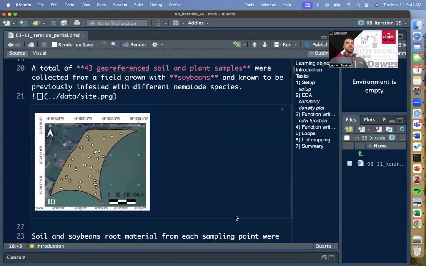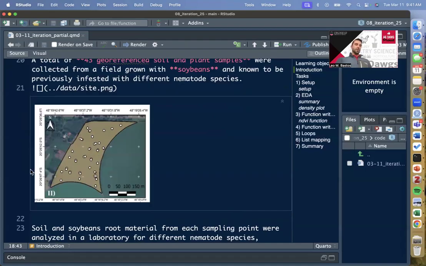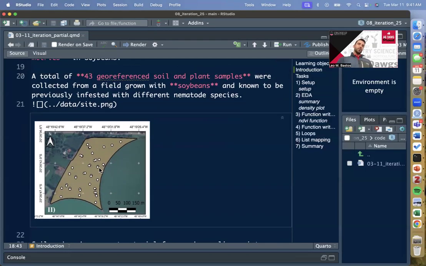So basically, this was a soybean field. It was an open field where soybeans were being grown. Each one of those points you see there is where people went out to the field and collected soil samples and also plant samples, especially plant root samples. And then they sent both the soil and the roots for lab analysis to count the number of different